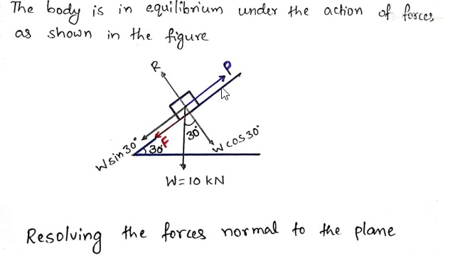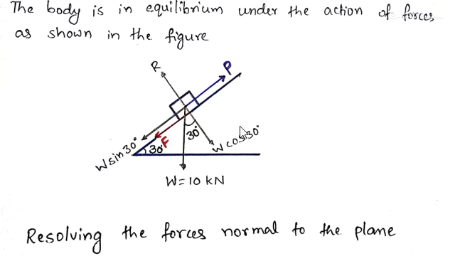And so this R is balanced by this W cos 30, and P is acting up the plane, and this W sine 30 is going down the plane. Why? Because W is a vertical force, weight of the body acting in the downward direction. Means if you resolve, it is resolved into two components, and one component will go like this and the other component will go like this, because W will act downwards. And F is the frictional force which is acting opposite to the direction of force applied or motion of the body. So if you consider the equilibrium of the body under the action of these forces,